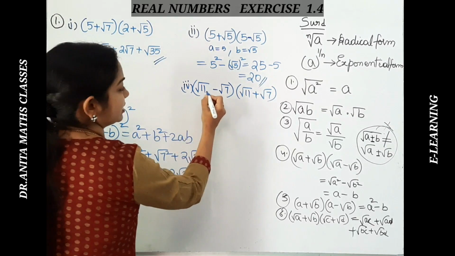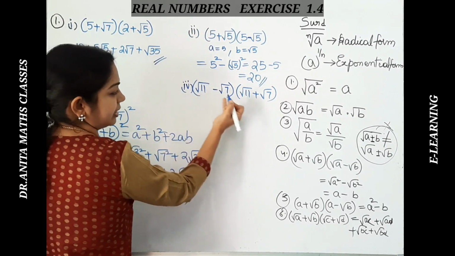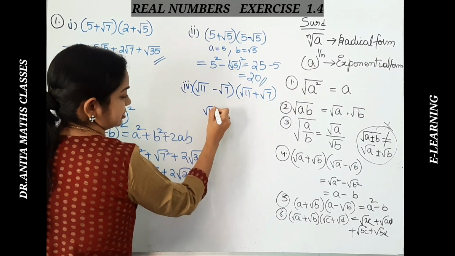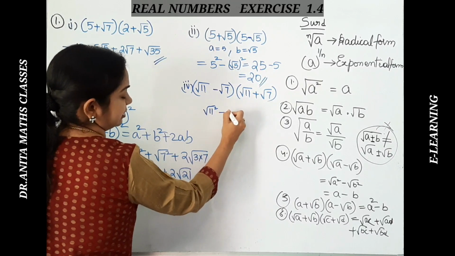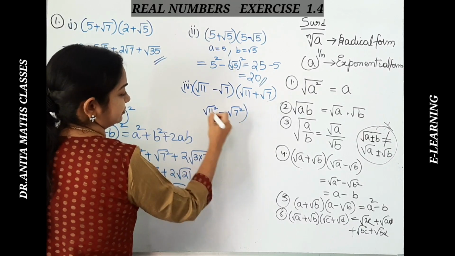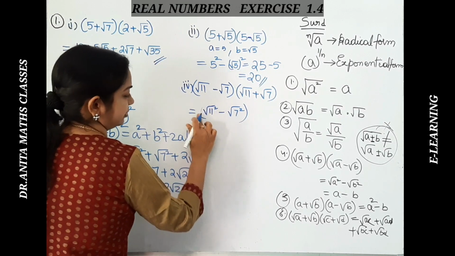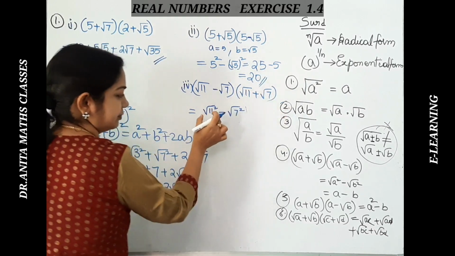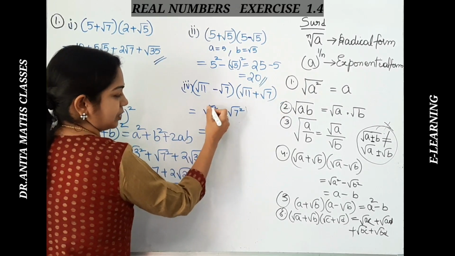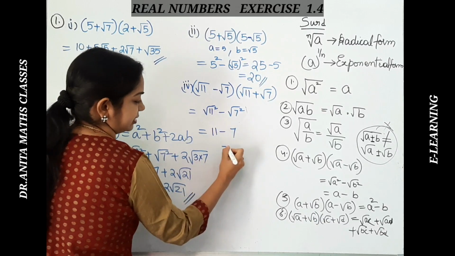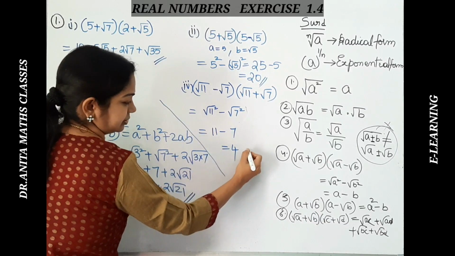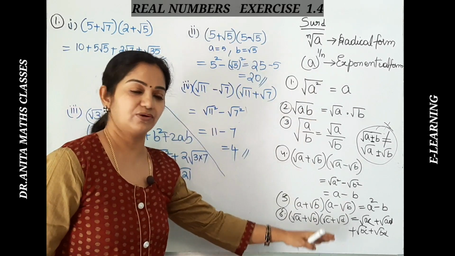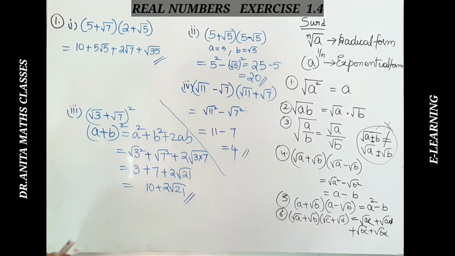Moving on to the fourth one, this is similar to this problem: a minus b and a plus b. So that is a square minus b square, where a is this, a square. You can write the whole square or inside, nothing, minus b square. There is no need of keeping the brackets also. So a minus b, a plus b equals a square minus b square. So the square root square of 11 minus 7 is equal to 4. Okay, so this is the answer. All these problems are based on the operations of surds. Please pause the video and note it down.